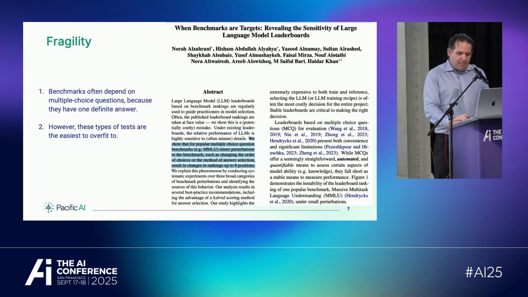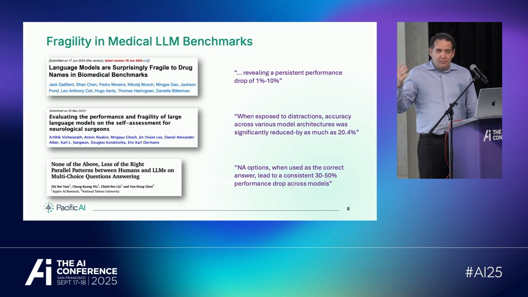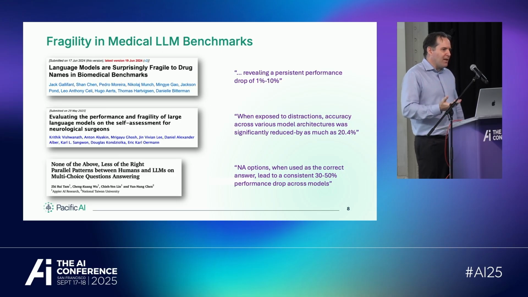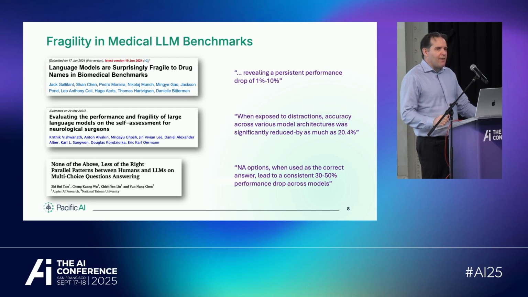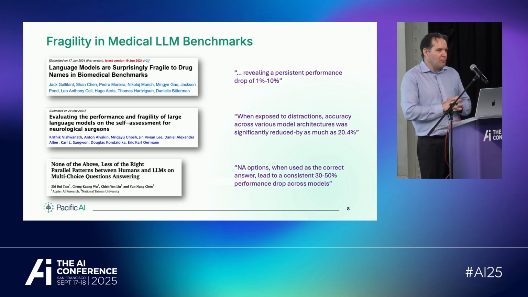This is a general problem, specifically in healthcare. The only way you would not hear about it is if you don't test or you don't check. Every paper that tried to look at this in any way has found very significant gaps. The first paper here looked at the USMLE exams and just replaced brand medication names with generic medication names, and even doctors actually look over the question to see it doesn't make sense. Usually, with most of the frontier models, you lose between 5 to 10% of the points.